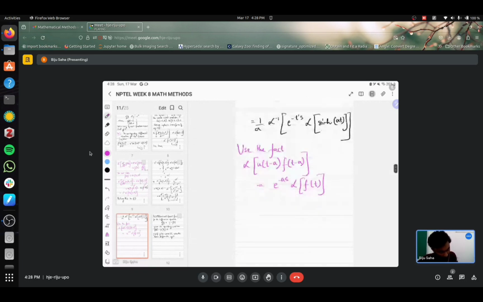So when we use this fact, in my case a is actually t prime, and I have